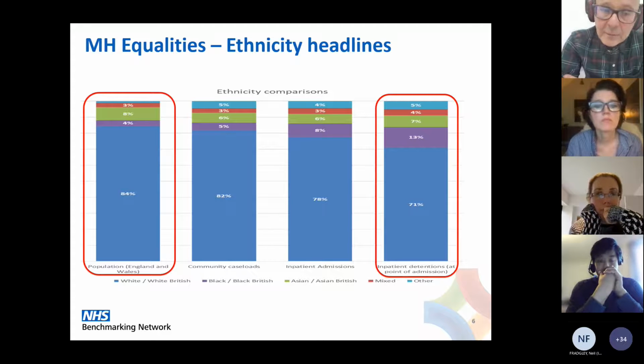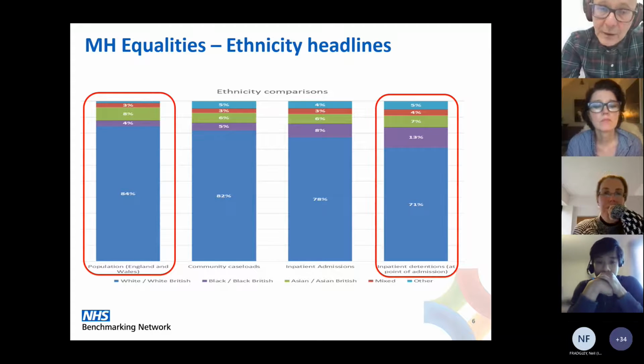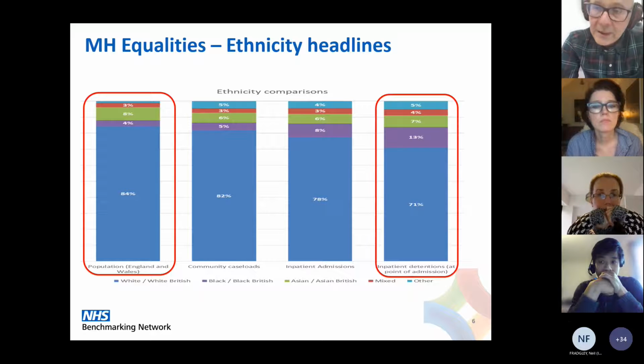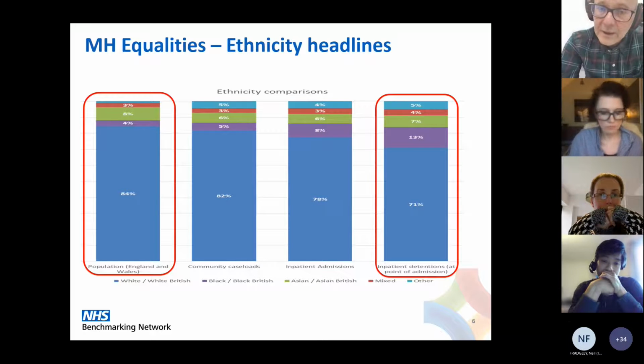So there, it's broadly aligned actually with the core ethnicity for the country. So again, reasonably encouraging there, although there are fewer Asian British people on caseloads. And the 5% other ethnicities may well be a slight coding issue. However, when we go to inpatient admissions, the third column, what we see